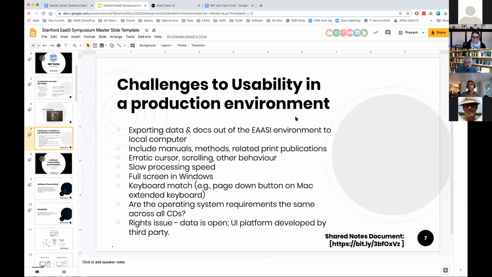Yeah, and I want to just raise that Ethan gave us all little tantalizing things for the future, because this is still kind of in development, but a future version of the EaaSI environment will be able to do data export. I think especially for data CD-ROMs, that's crucial, because otherwise, what's the use? You go in there, you extract your data, and then you can't take it out to your own computer to actually do your analysis with it. So unless we provide all of the analytical tools also in the old environment, it's something that might be cool to look at, but it won't really help